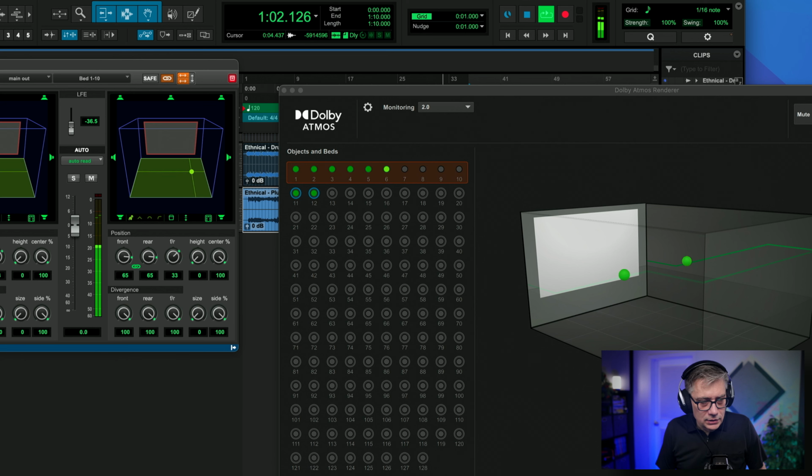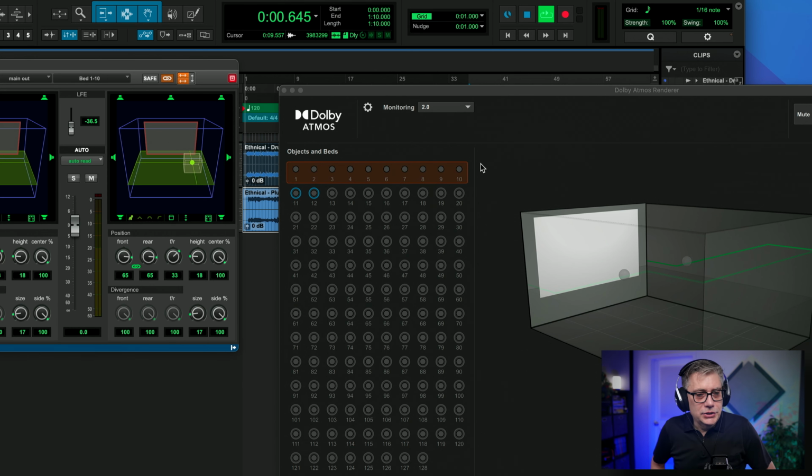So let's send that back a little, maybe up a little, and change the size so that we have essentially signal in all 10 channels. So the panner in Pro Tools is actually extremely powerful, and I wish I would have a similar panner in other digital audio workstations as well, because that is really, really nice.